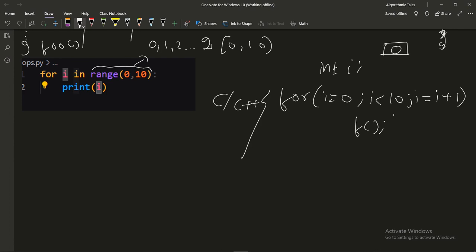So this is the I variable. We have initialized it to 0, and it is then going to come here and check if it is less than 10. 0 is less than 10, it passes. Then, in the first iteration, it is going to come here and execute the statement. Once it executes this statement, then it is going to go back